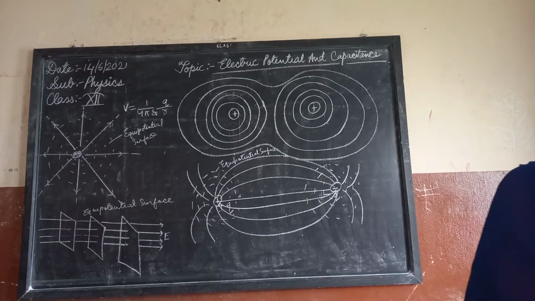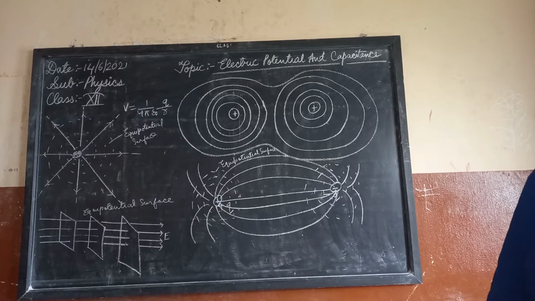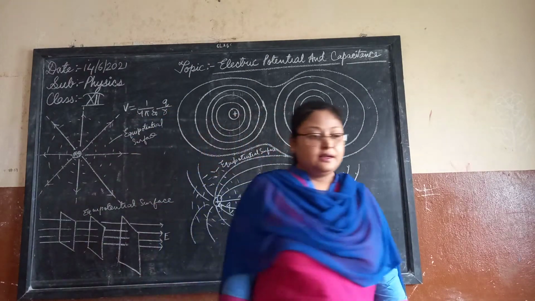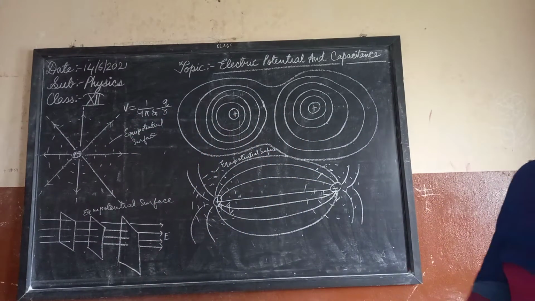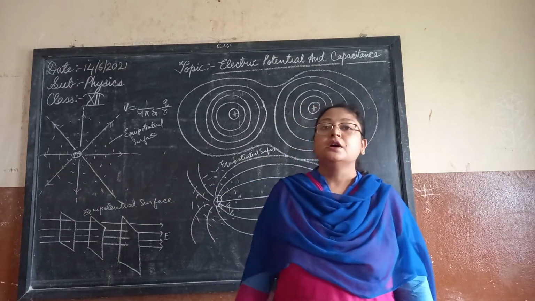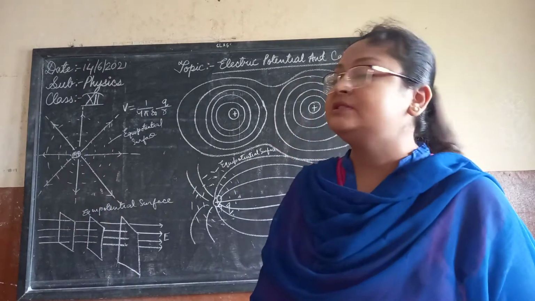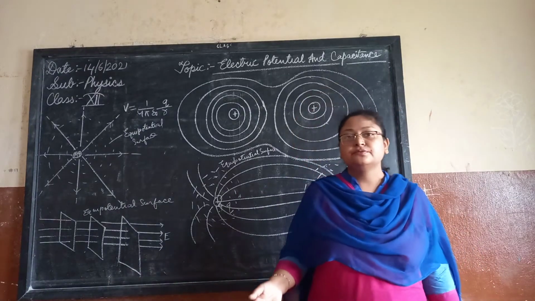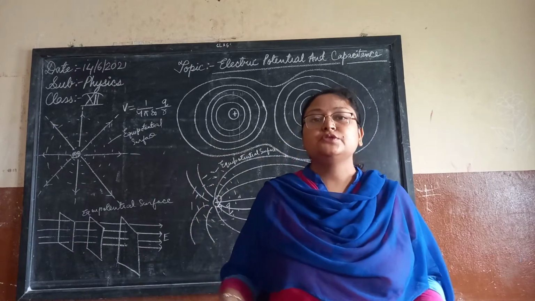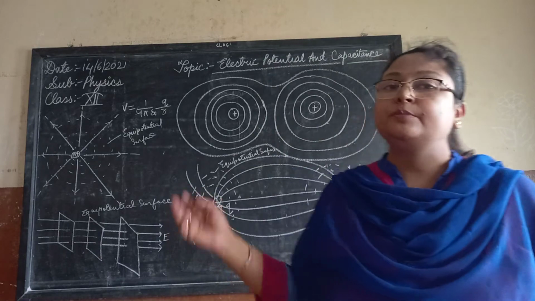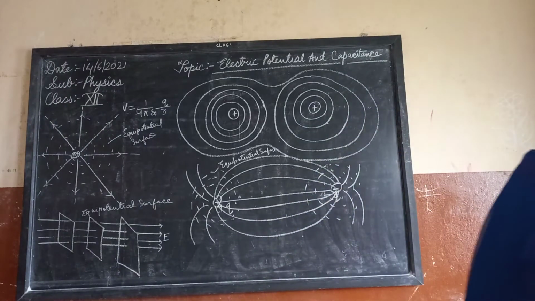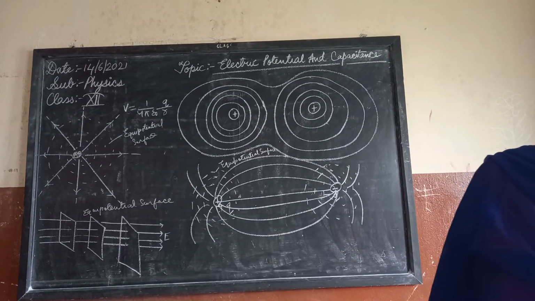For a single charge Q, potential is given by V equal to 1 upon 4 pi epsilon 0 Q upon R for a single charge. Similarly, for different charges we will have different values V1, V2, V3 and so on. According to the superposition principle, the sum of the potentials will be equal to the combined potential, that is V equal to V1 plus V2 up to Vn, as we have done in the previous section. So it will be the combination of the charges itself. Clear? Now this indicates that V is a constant and R is constant.